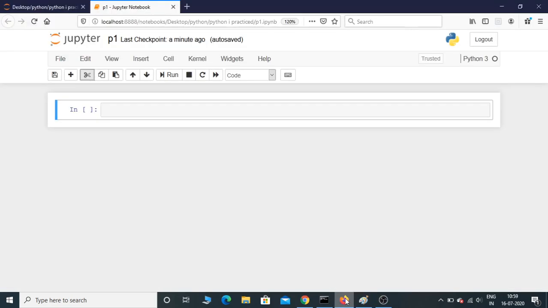Okay, now here I am in Jupyter Notebook. So first let's initialize a variable called row and let's take an input from the user. Okay, row equal to input, enter the number of rows. Okay, so if you just leave it like this, the input will be taken as a string, so we need to typecast it. So let's convert this into integer, int, then put it inside the int function. Okay, now we have taken input from the user.